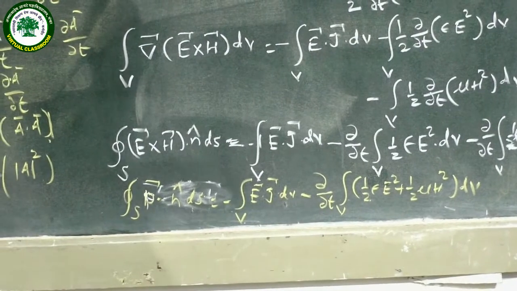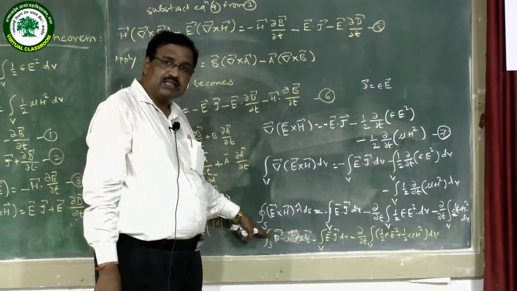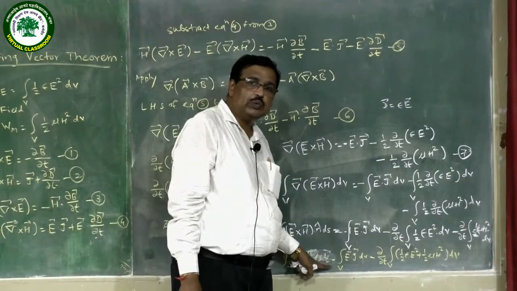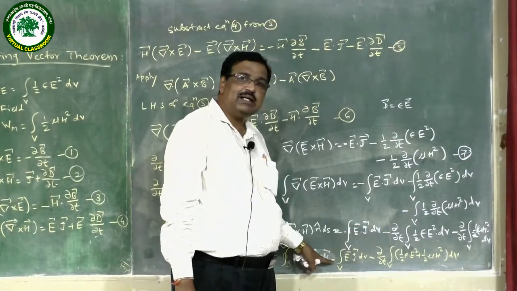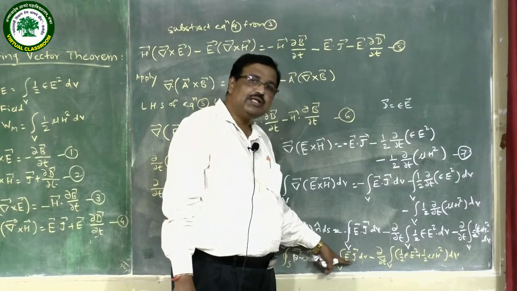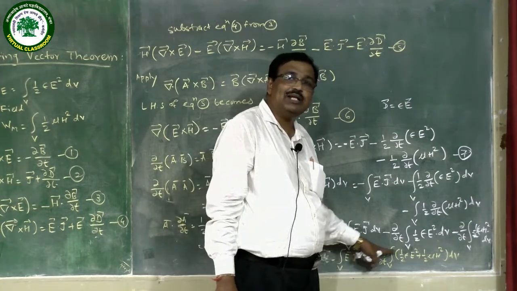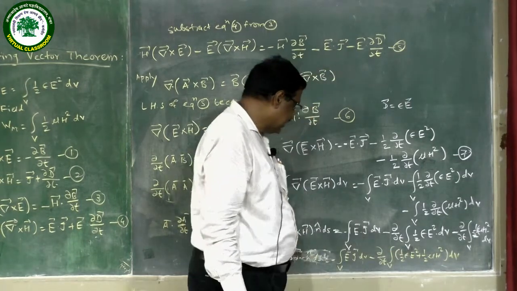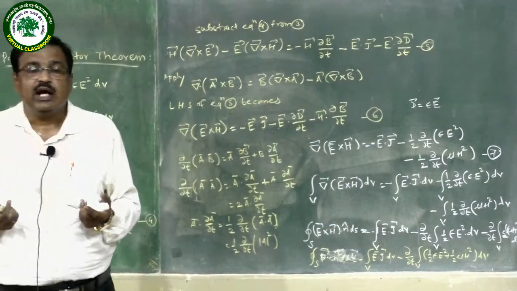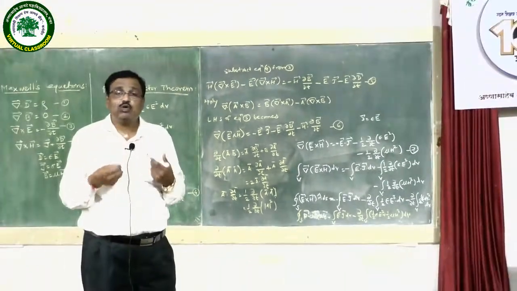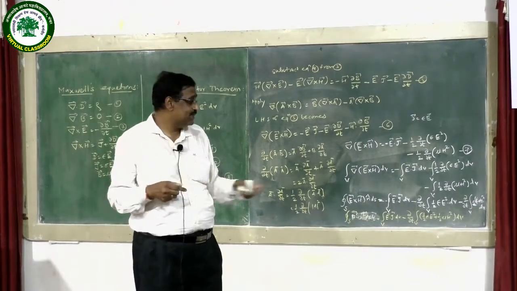So the Poynting vector theorem states that the total energy flux coming out of the surface is always equal to the sum of two powers or energies. One is the power dissipated due to the ohmic loss, and the other is the time derivative of electromagnetic energy. So this theorem clearly gives that if there is any surface element through which current is flowing, and this element is placed in an electromagnetic field, then there is a loss of energy, and this loss of energy is expressed by using this equation.